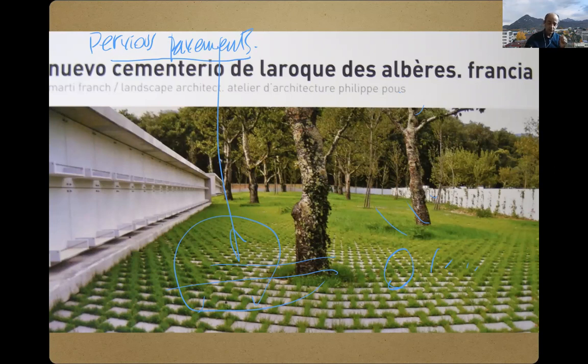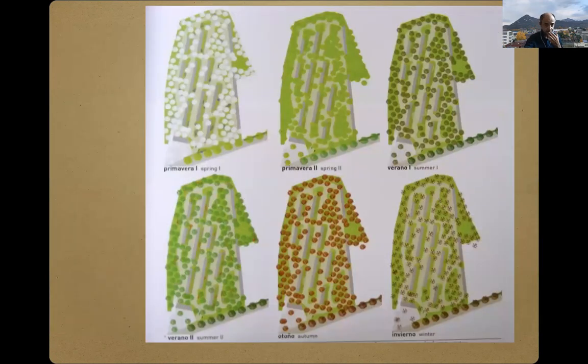And that also helps filtrating rainwater, which also helps reduce pollution when it goes to the river, and takes load out of the sewage system because much of the water remains on the ground, apart from being green. Another thing which is interesting is to show the seasonal change of green.